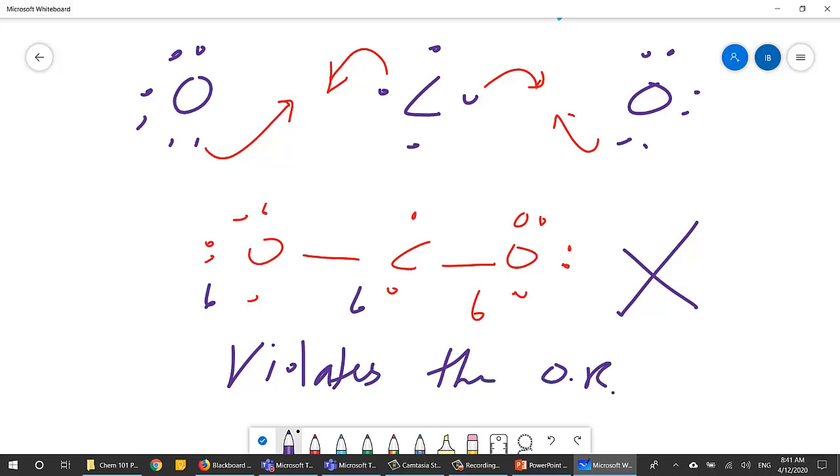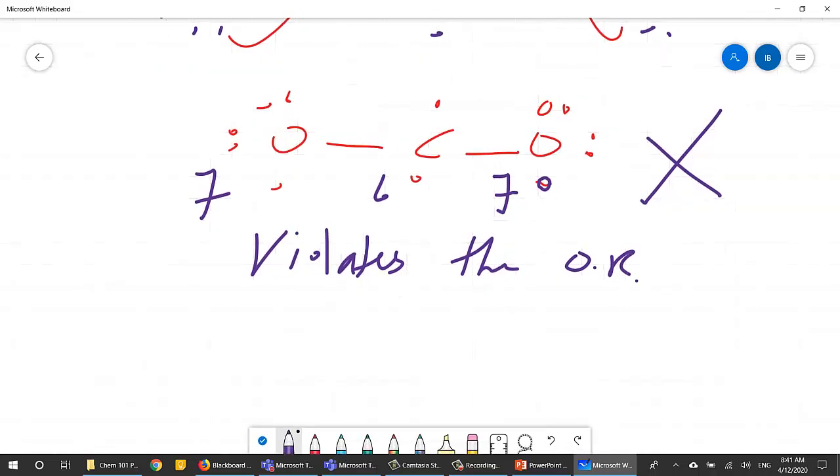You should by now know how to count the number of electrons around each atom. For the left oxygen, it's 1, 2, 3, 4, 5, 6. Actually, this is 7. I'm sorry. This is 7 electrons around it. This is also 7. Let's see how many for the carbon. 2, 4. This is 6. So this violates the octet rule, and the best thing to do in this case is to bring another electron,